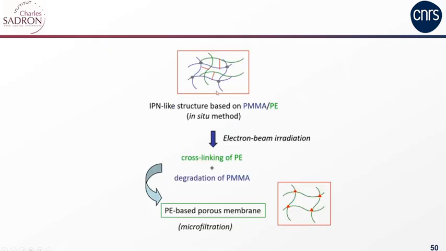A last example is this structure, which I call IPN-like, based on PMMA and polyethylene. So if you irradiate the system with an electron beam, a high energy beam, you will degrade PMMA and you will crosslink polyethylene. Because PMMA, as I mentioned before, you can degrade it under UV or also with an electron beam. So this is an interesting